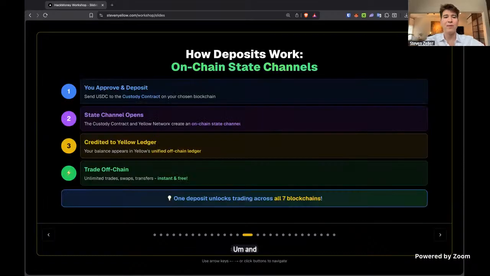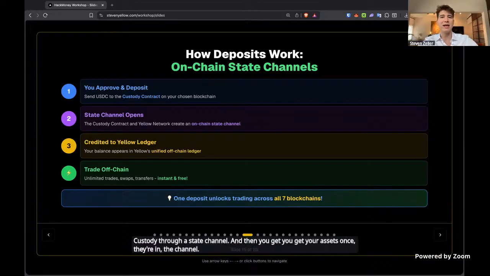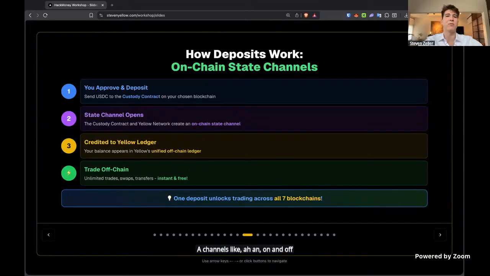So how does this work? Basically, you deposit into the custody through a state channel, and then you get your assets once they're in the channel. A channel is like an on and off ramp into the Yellow network. Once your assets are in the Yellow network, you can use them in all the applications in the Yellow network and do instant trades, instant transfers, and secure multiplayer applications that people are building.